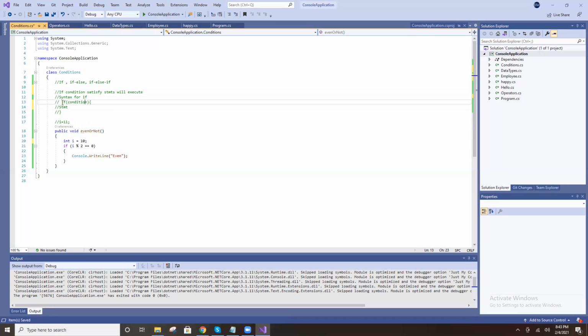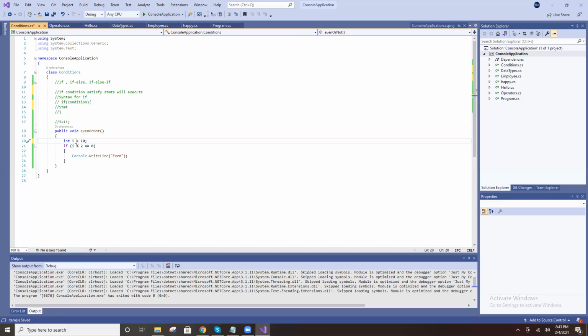This is the syntax: if, open bracket and close bracket, and this entire thing is the condition. I modulus 2: what is the I value? 10. 10 modulus 2 means 0. 0 equal to 0 means okay.